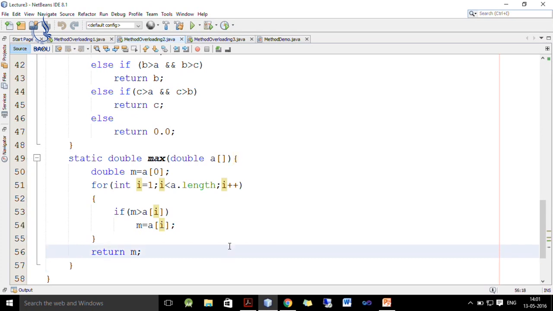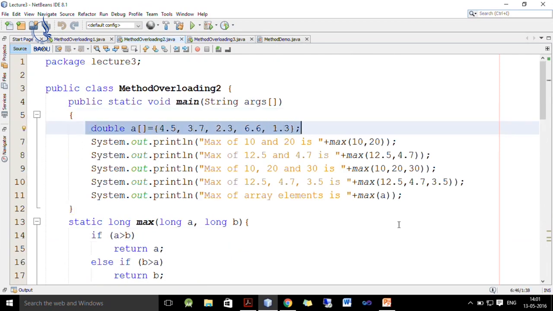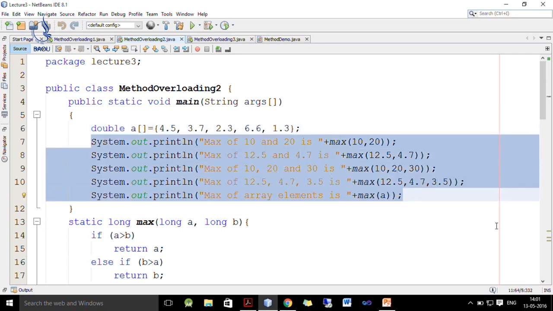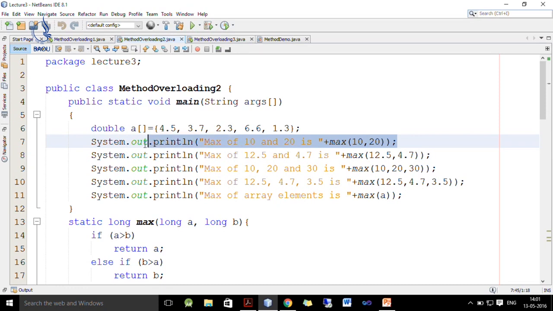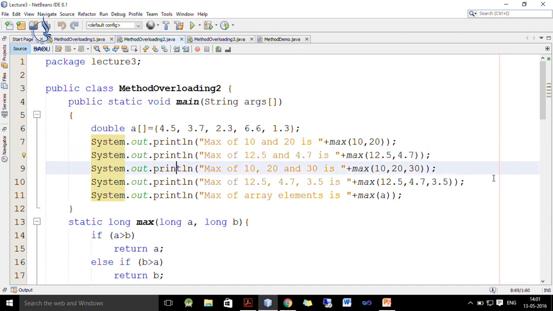Now, to check whether it works properly or not, we write the main method. Here A is an array of type double and here we call all these methods one by one. In the first System.out.println it will execute max with long parameters, because we write 10 and 20 which are of type long. In the second case it executes the double definition, because max with two double parameters will be executed, since we have passed two double values inside max.